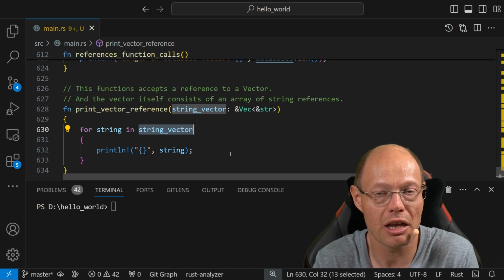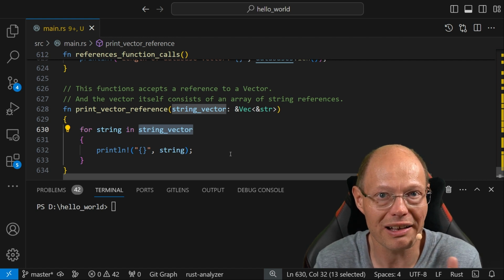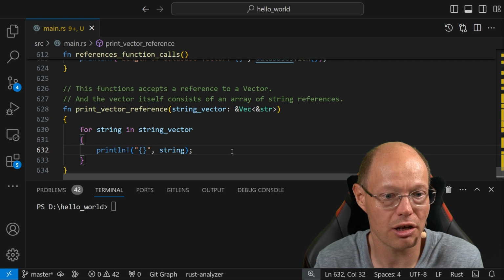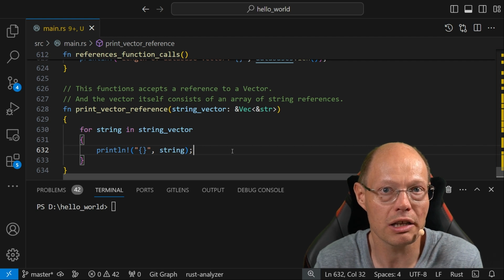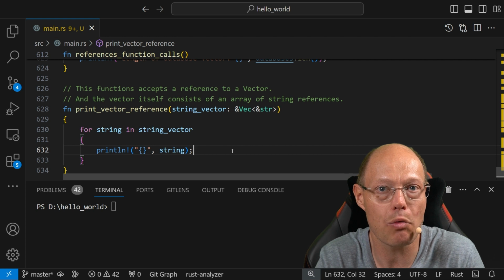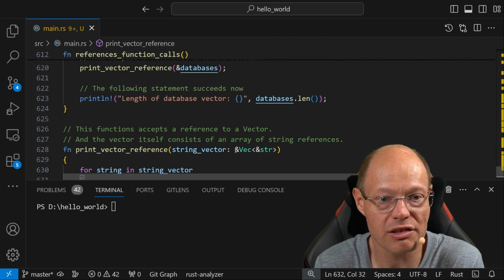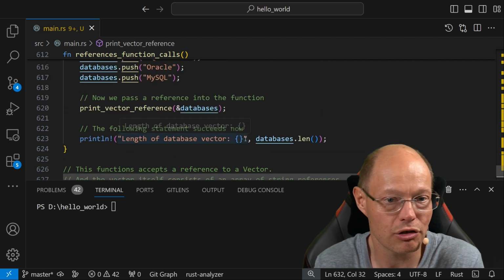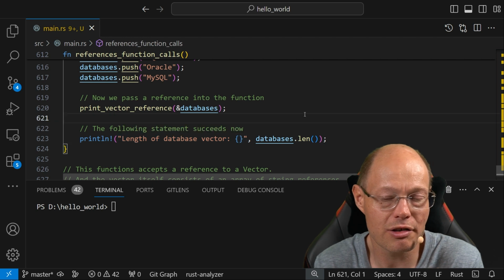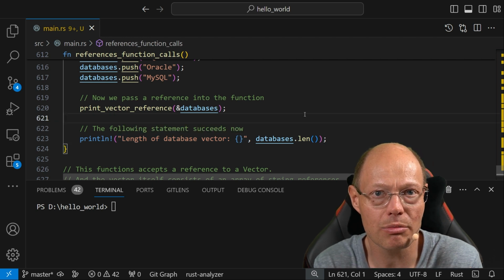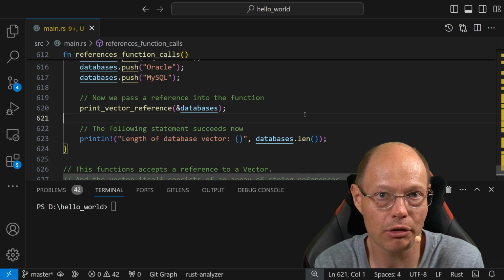You can't change it. And therefore, I will also talk in my next Rust Quickie next week about mutable references. Today we have talked about shared references. They are just read-only. You can only read from them. When you want to change them, you need a mutable reference. So this is very, very important. So as you can see, with references you can get rid of all those problems that you have seen in my previous Rust Quickie. I hope that you have learned a lot today about references in Rust,